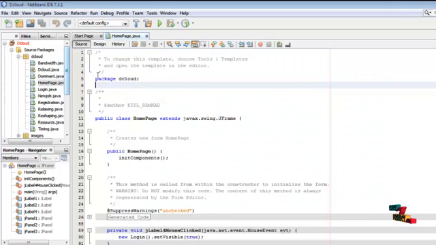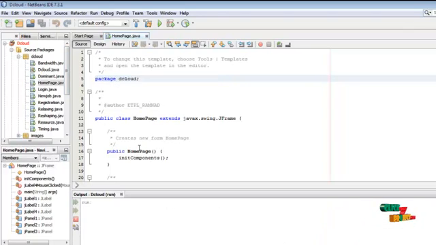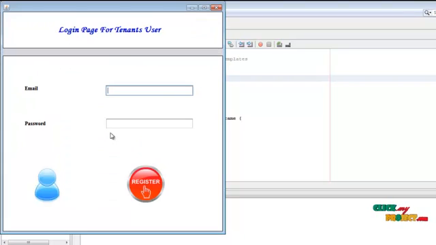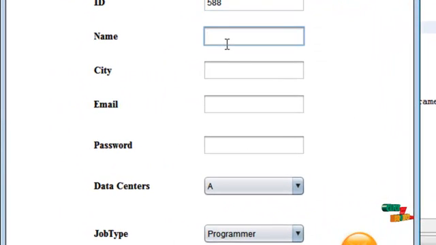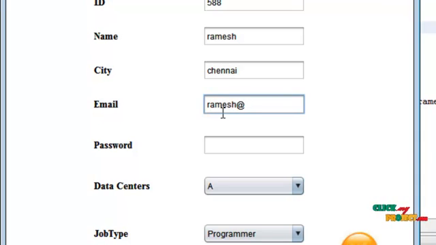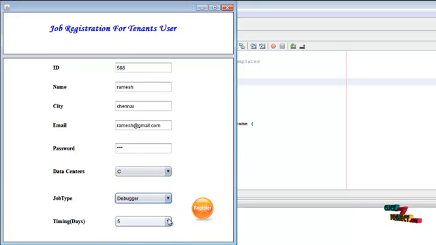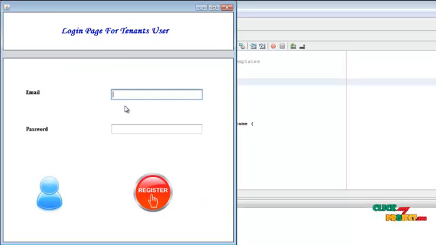Demo of the project: let me start NetBeans and run the home page. Run the file. I click the icon, go to the next page, register the username, enter the details properly. Select the data center, select the job type and how much time they give to allocate for a resource, and register properly. And go to the login page, enter the email ID,